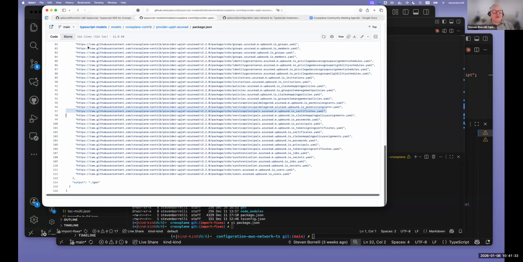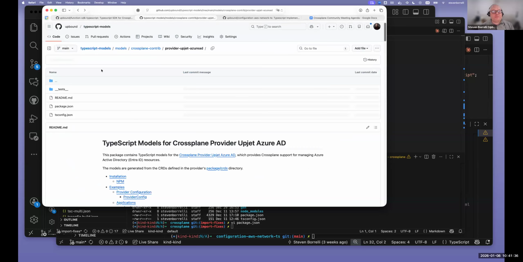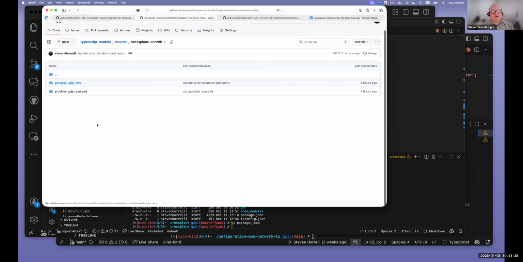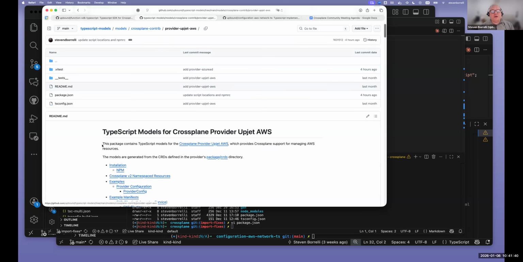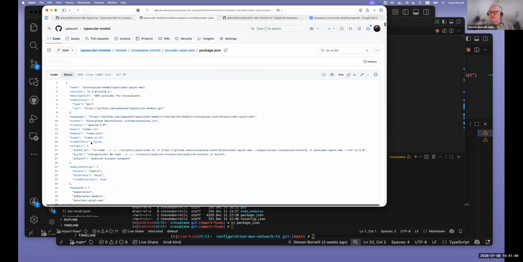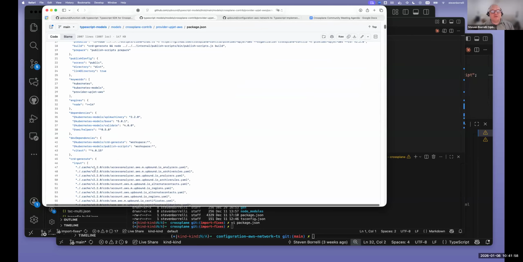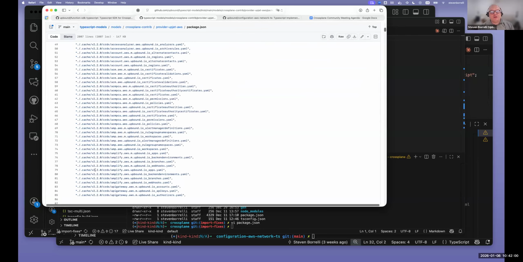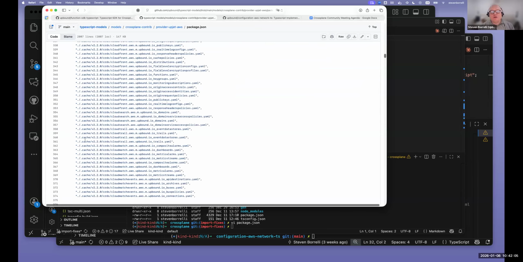Now, one thing that's different is that some of our providers are enormous, like AWS, right? It's got thousands. So I actually have a script for that, and this is what's different. We do a shallow clone of just the CRDs directory for this provider and put it in a local cache and then generate from there. And you can see here, we're pulling from the cache and pulling all the CRDs. So there's a couple thousand, since now we have namespaced and non-namespaced versions.